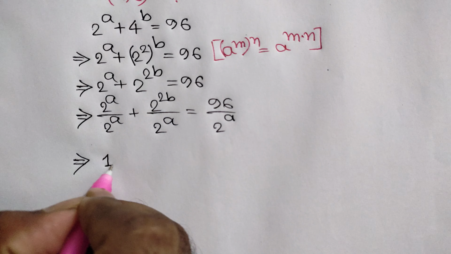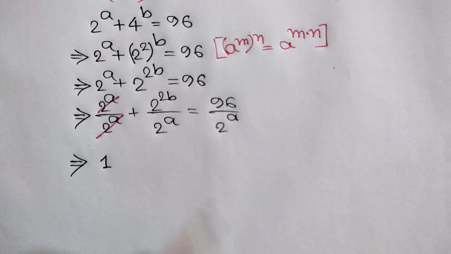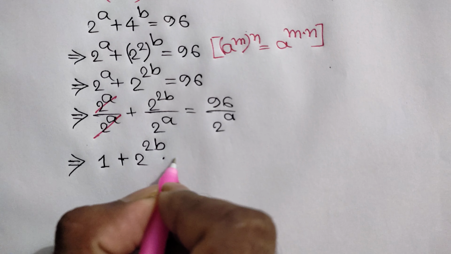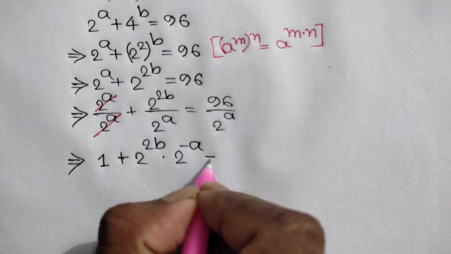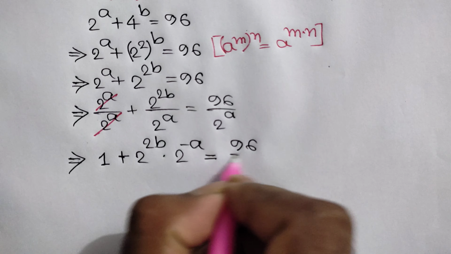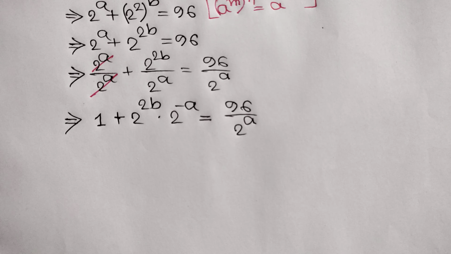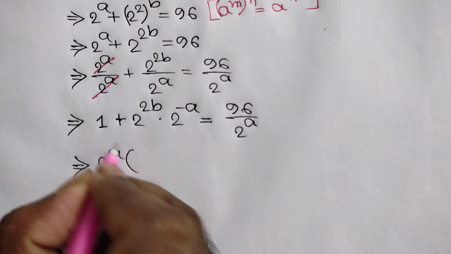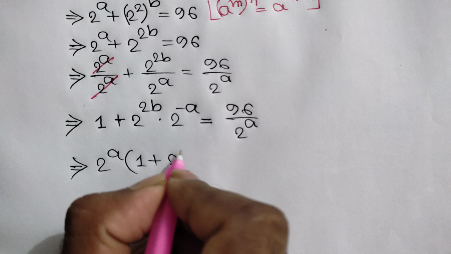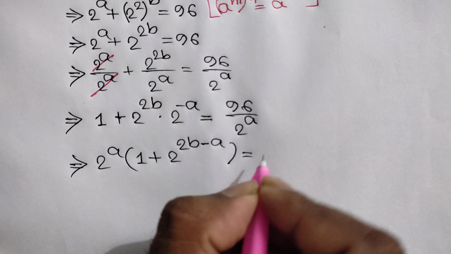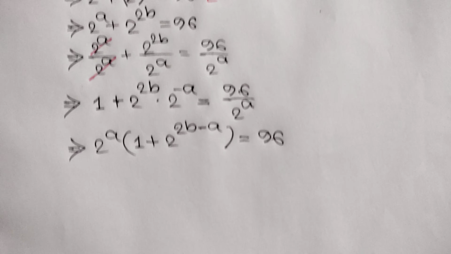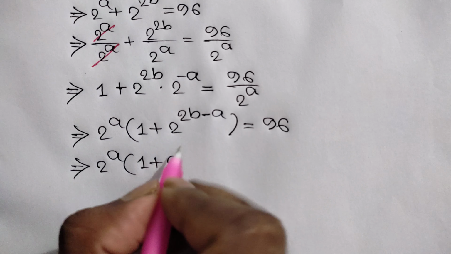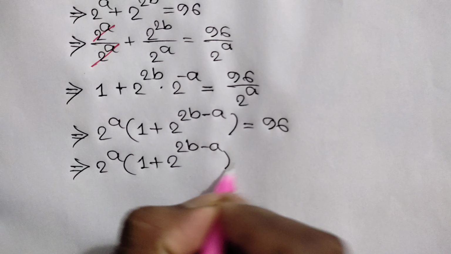or here we will get 1, because this 2 to the power a cancels out this 2 to the power a, plus now here we can write 2 to the power 2b times 2 inverse 1 is equal to 96 over 2 to the power a, or now multiplying both sides by 2 to the power a, we can write 2 to the power a times 1 plus 2 to the power 2b minus a is equal to 96, or 2 to the power a times 1 plus 2 to the power 2b minus a is equal to, now